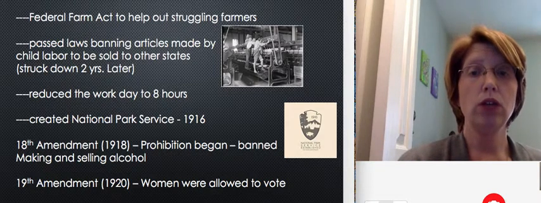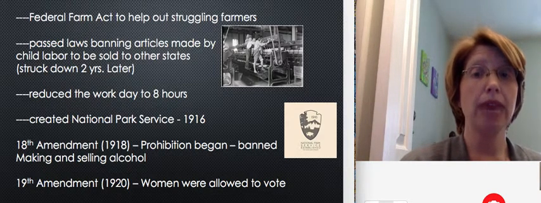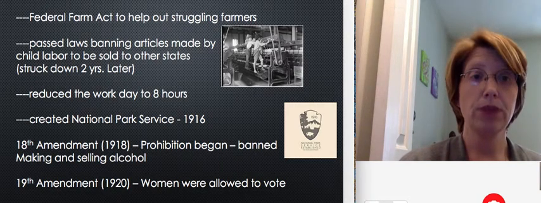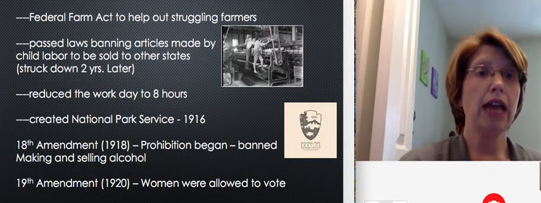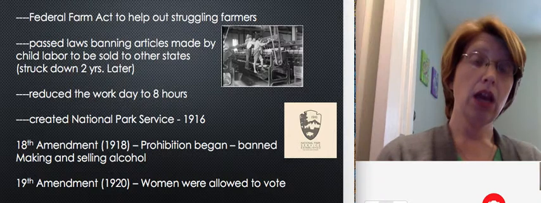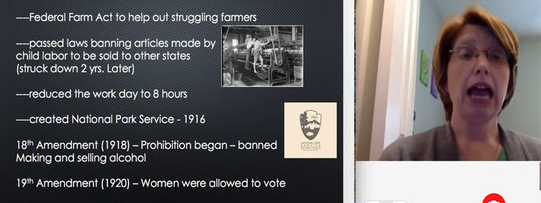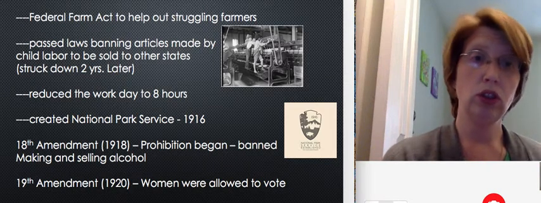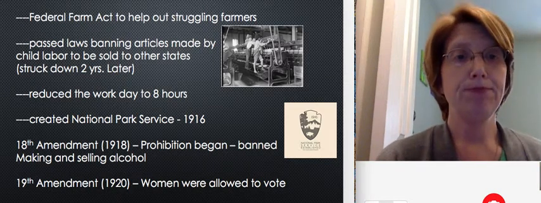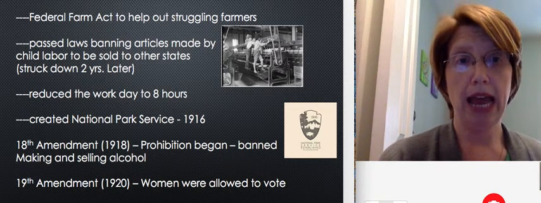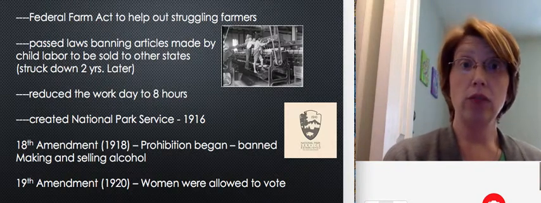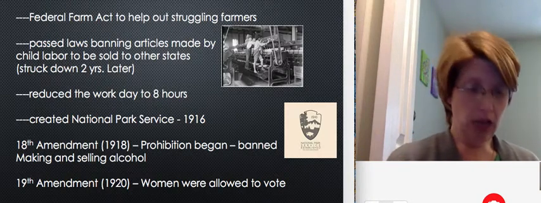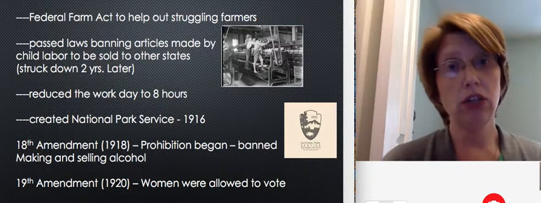Prohibition was, remember, the banning of the making and selling of alcohol. So you cannot make and sell alcohol. So bars shut down, saloons shut down. You can't distribute that. Okay, sounds great, right? Sounds like, especially when you think that alcohol could be used by people to